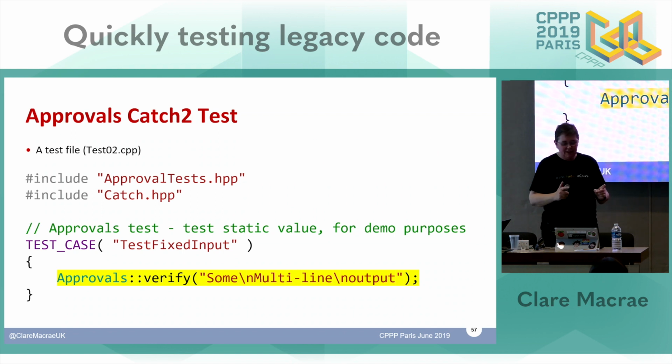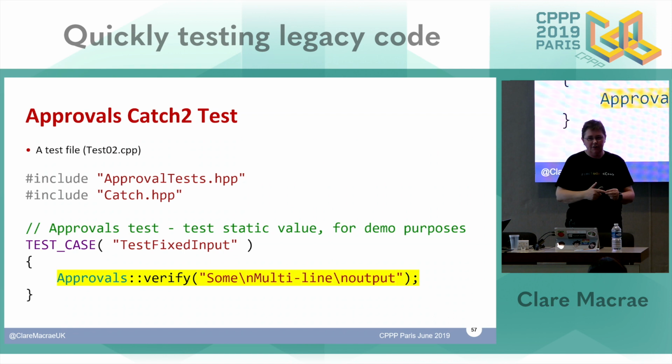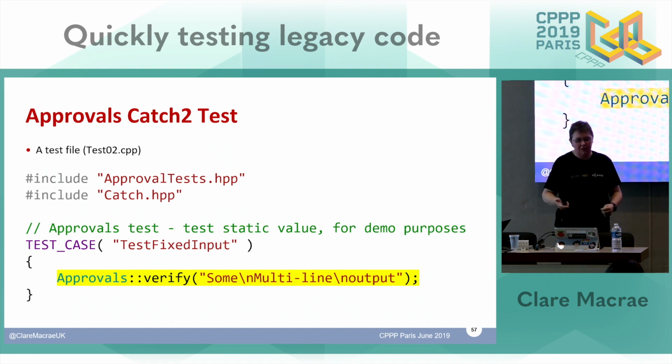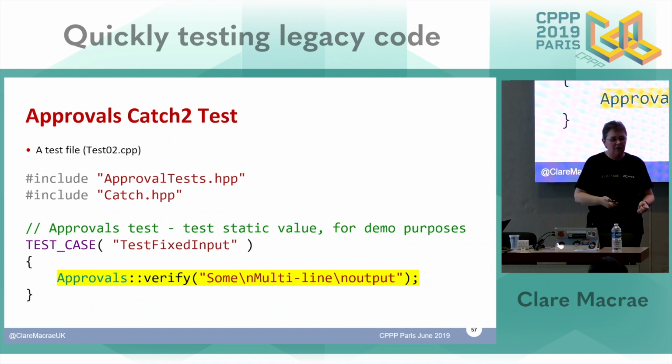And you might be thinking that's a really strange idea for a test, because when you write tests, you state the expected output. Tests, surely, always have two things: this is what I'm doing, and this is what I want the result to be. And that's part of what's time-consuming about writing tests. So approvals doesn't work like that. Approvals says it's going to capture the current state of that totally artificial fixed string, for the sake of the demo. And so let's look at how that works.